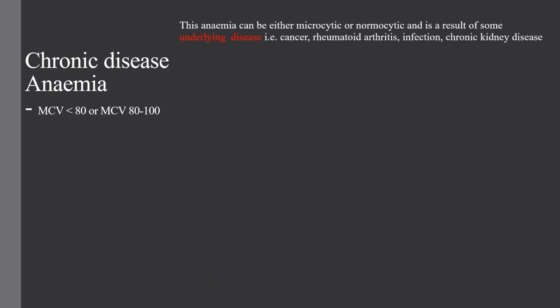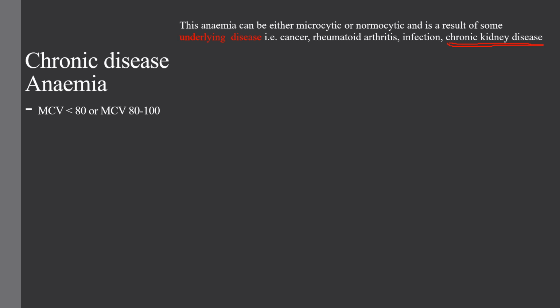Now, this is chronic disease anemia. This can be either microcytic or normocytic, and it's a result of some sort of underlying disease, like cancer, rheumatoid arthritis, or infection. I think chronic kidney disease will probably be the biggest player, because for this one you need to know that you need to use